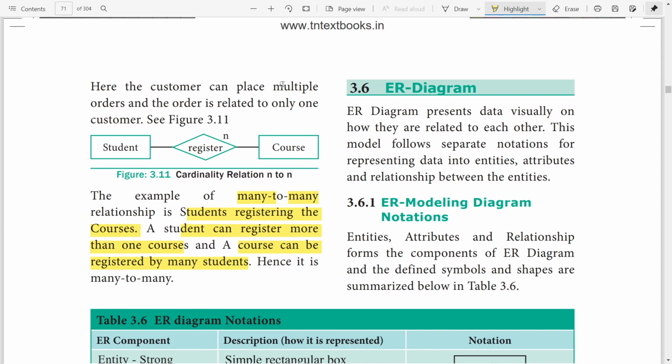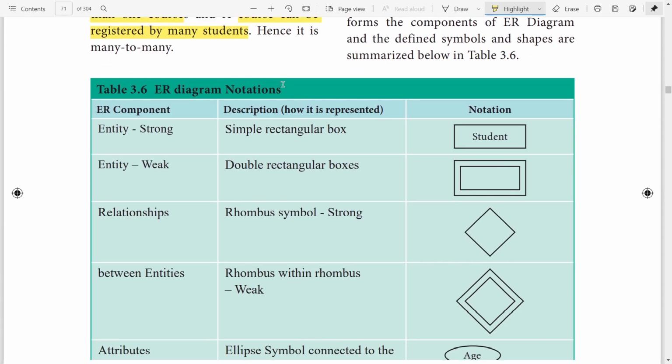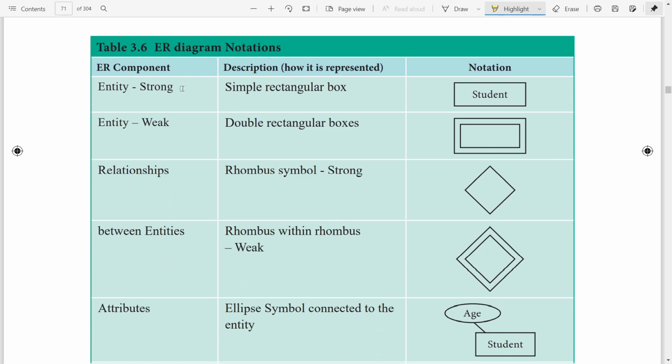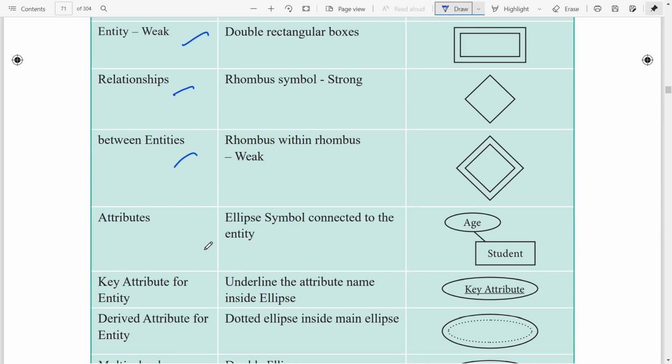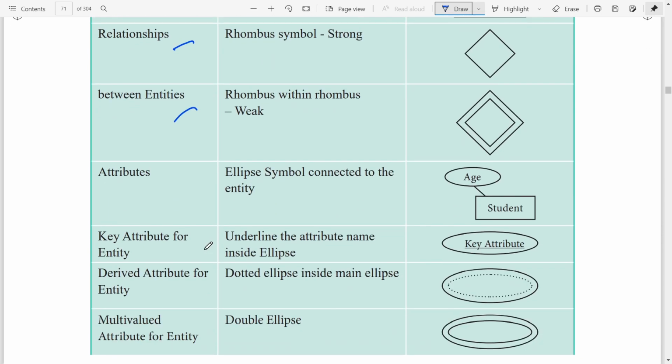Entities, attributes, and relationships form the components of an ER diagram, and the defined symbols and shapes are summarized below. A strong entity is a simple rectangle, a weak entity is a double rectangle. A relationship is given by a rhombus between entities, a rhombus within a rhombus is a weak relationship. An attribute is an ellipse symbol connected to the entity.